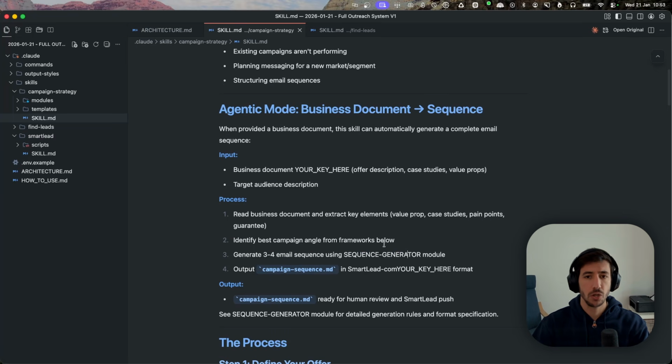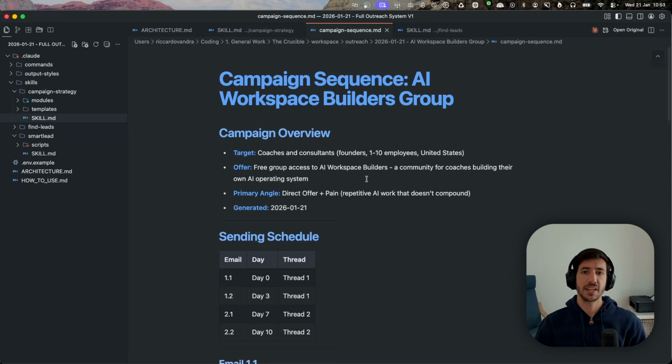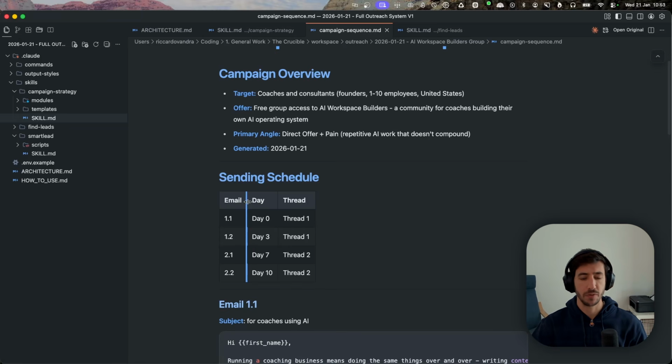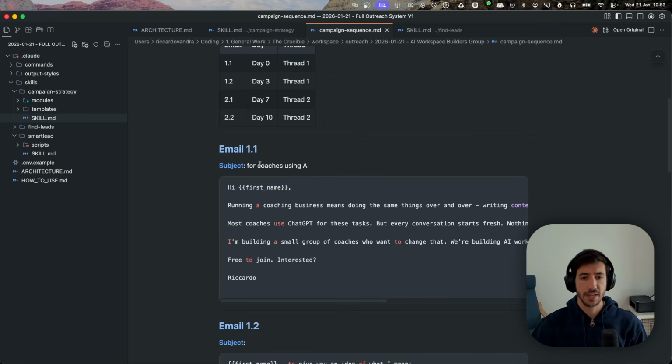Now, let me show you also the email sequence file so that you can have a sense of that. And here's an example of the campaign sequence document that is created for you to review. Within the campaign sequence document, you can think about that as the document that is created with every single outreach that you will send. It will give you a little bit of an overview where you can have the target, the offering, the primary angle. It will give you the sending schedule that you can use, as well as the different emails that you